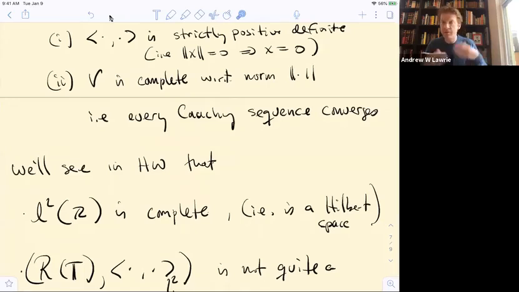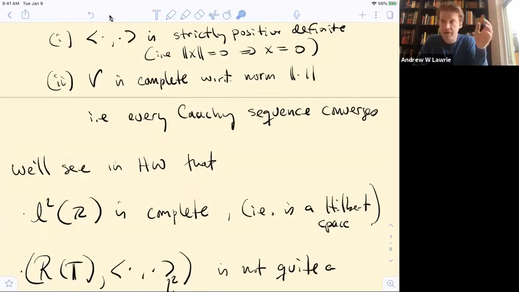We're trying to fill in, just like in analysis class we had the rational numbers, and this failed to be a complete metric space, the natural metric on the rational numbers, and we completed it to the real numbers